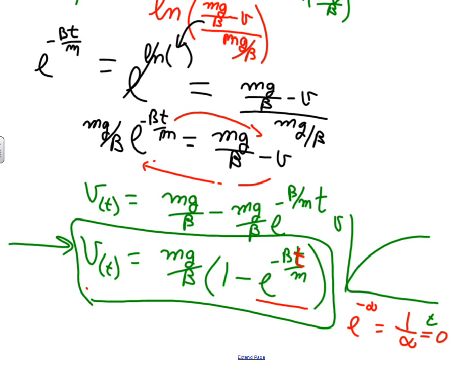What's mg over beta times 1? And what is mg over beta? Look at your notes. What did you find out first thing before I even asked you about the integral? What does mg over beta equal? Terminal velocity. I'm feeling real good about this equation. At t equals 0, the velocity was 0. And at t equals infinity, the velocity is a constant mg over beta. Isn't that sweet? As time approaches infinity, the speed approaches the weight divided by